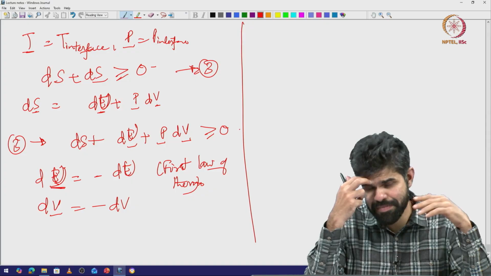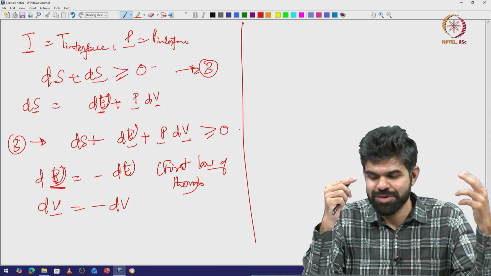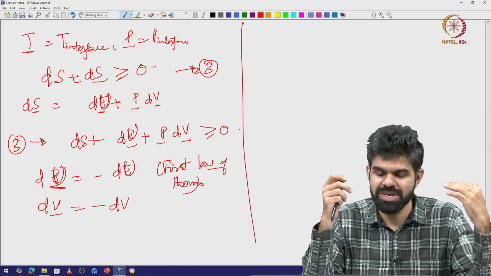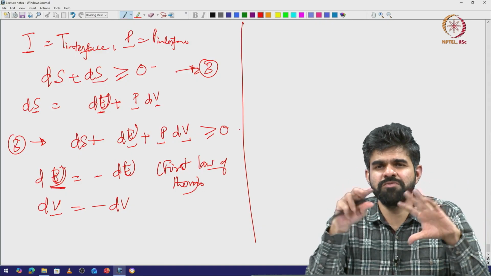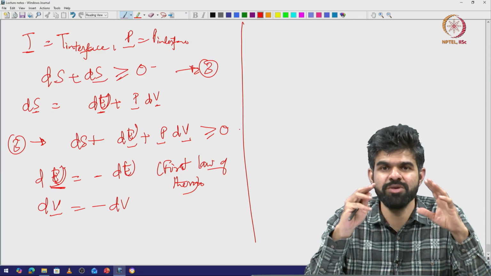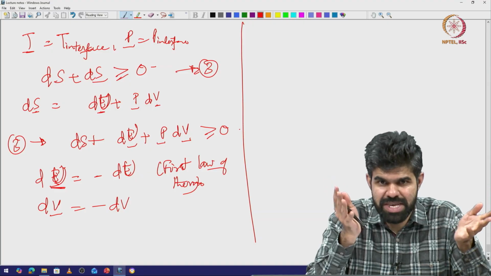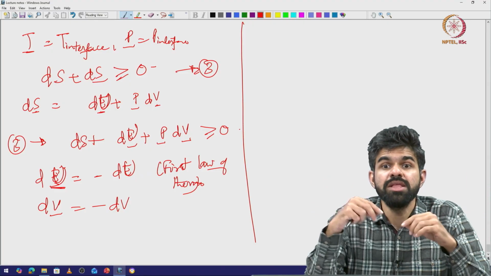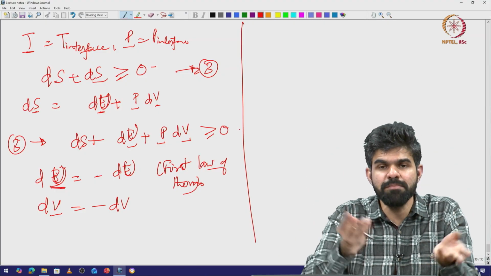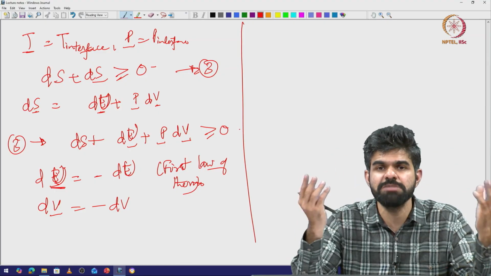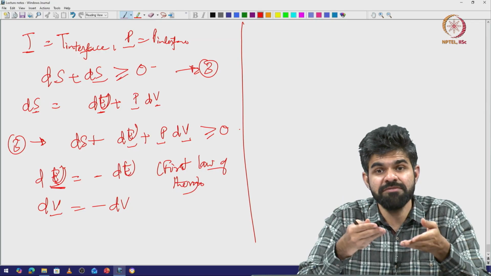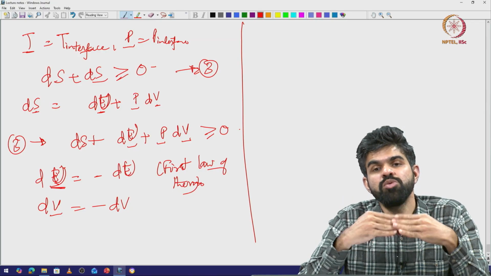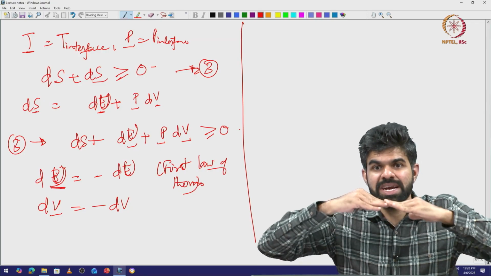Now, you may ask whether the volume of the universe is constant or something, but we can assume for our thermodynamics sake that the volume of the universe is a constant, whatever things that I have. So, everything is happening in a closed vacuum system, a vacuum chamber. The total volume of the vacuum chamber plus the system of interest is a constant. But if there is some change in the volume of the system, that is the system is expanding in volume,